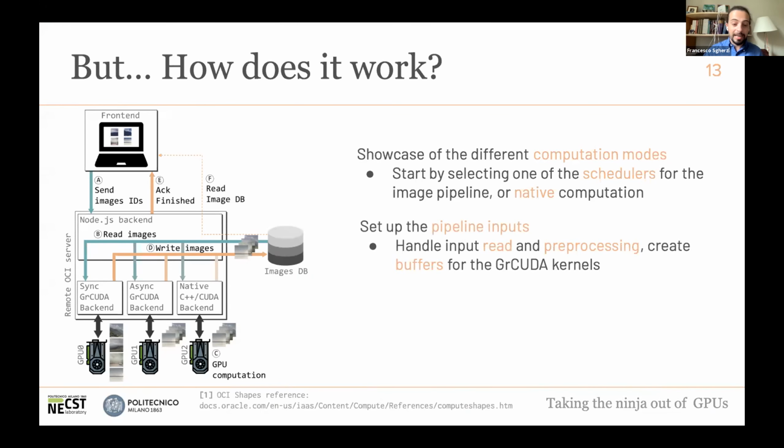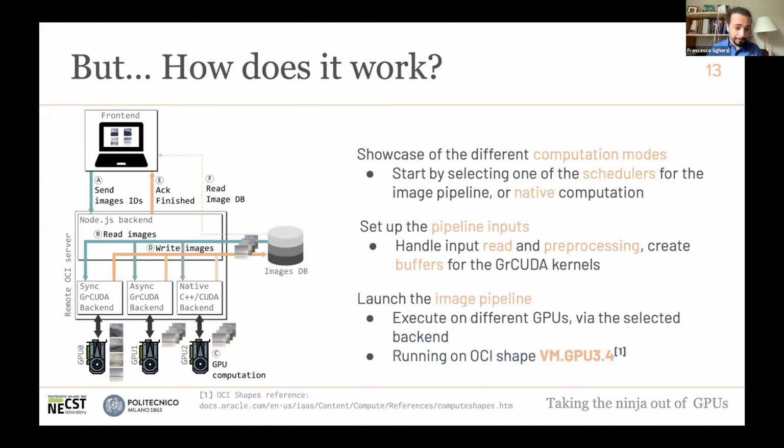When the user has selected the method of computation via the Start Computation button, everything is passed to the backend, which sets up the pipeline inputs. It reads the images from the database and does some little pre-processing, for instance some scaling of the images, and creates the buffer which will be used by the GrCUDA kernels. After that, the actual GrCUDA backend